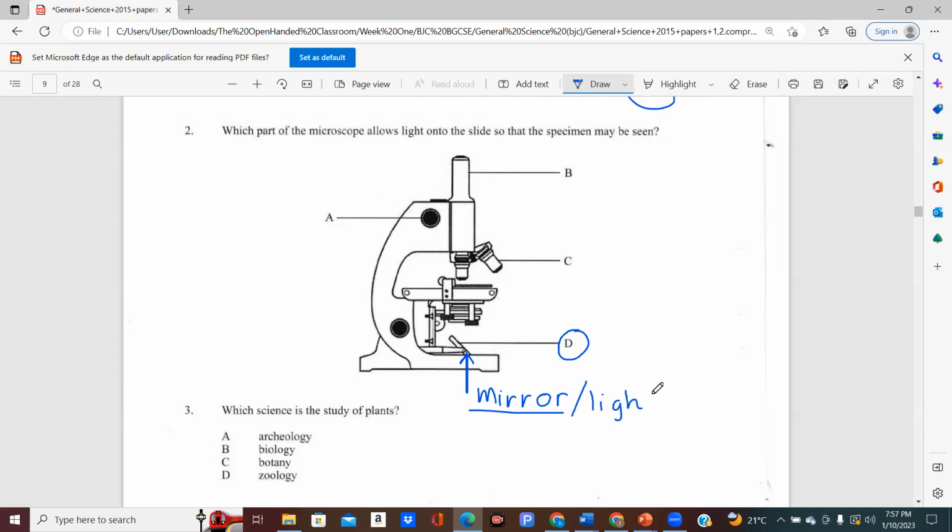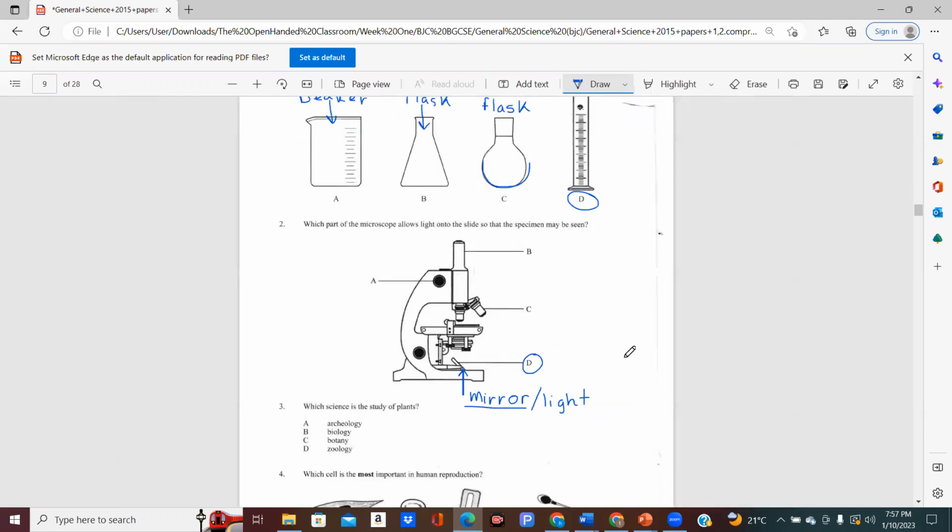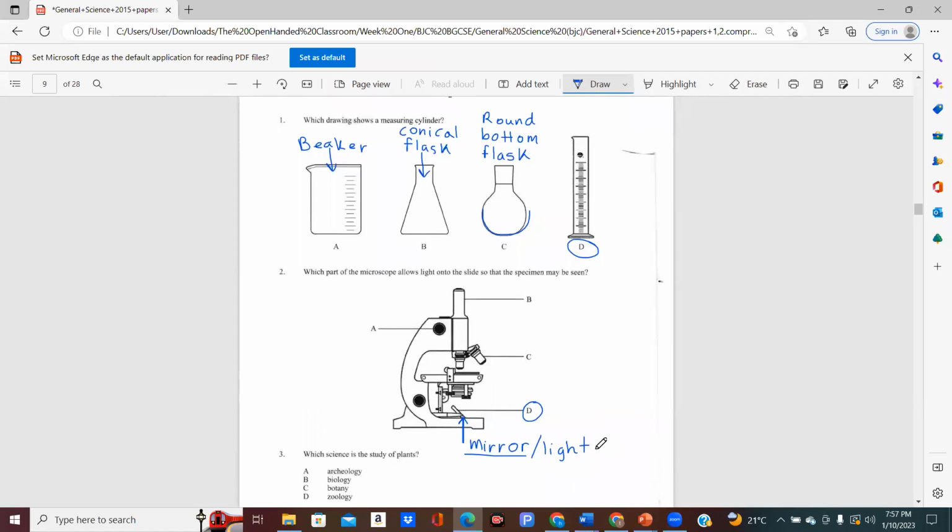Can you scroll up to the top, please? Sure, no problem. So it's a light or a light source, or you call it a lamp, whatever makes you sleep well at night. That's what it is. Mirror, lamp, light source, stuff like that. That's D. Okay. And so number 2,